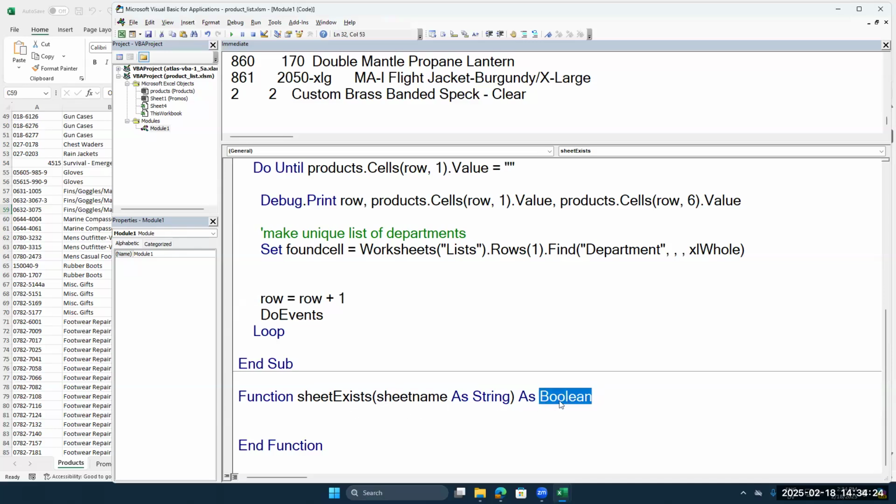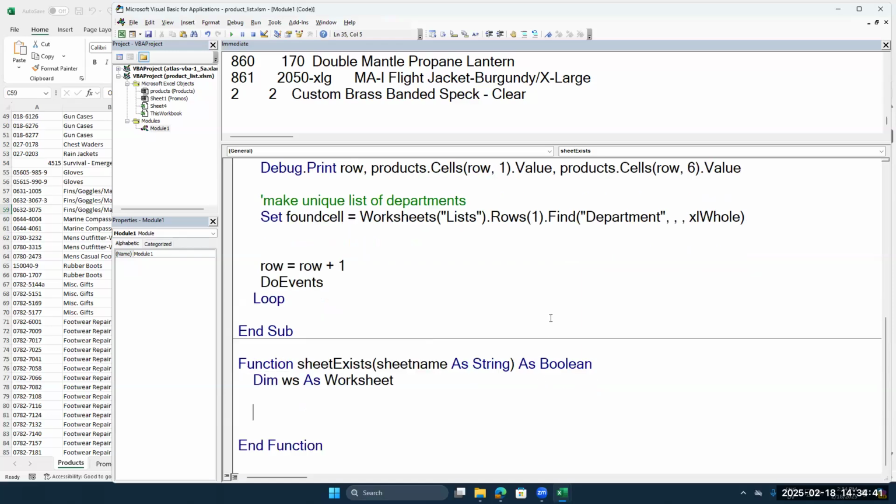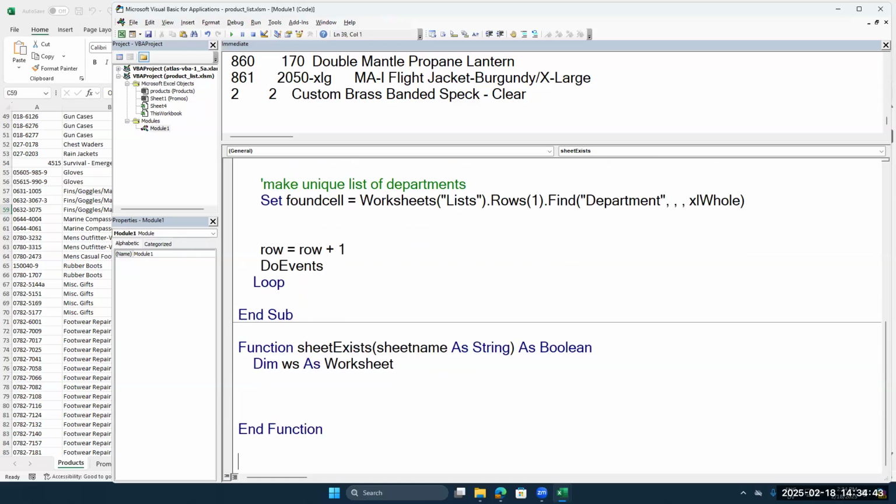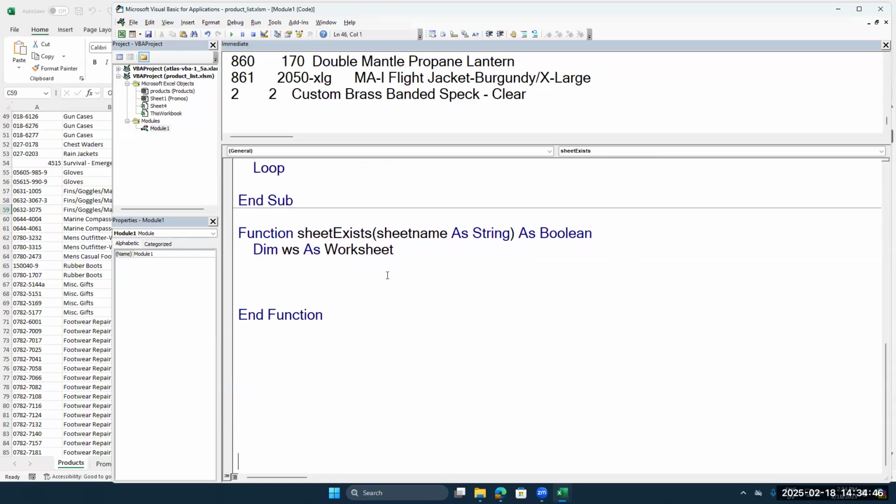True for yes, it exists. False for no. And so to do this function, let's go ahead and create a variable. We'll do a worksheet as WS as worksheet, a worksheet variable, like a worksheet object. And then let's do a for loop. Let me see if I can scroll this up here so you guys can see it a little bit better. For each worksheet in this workbook